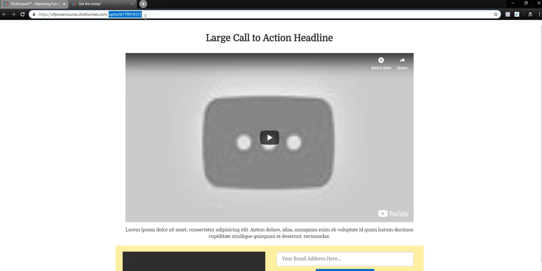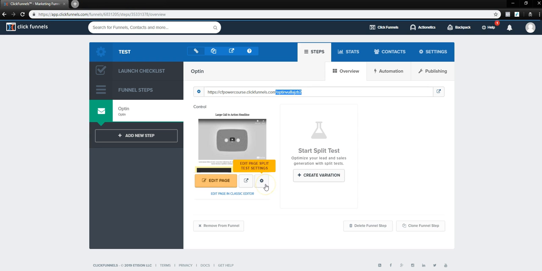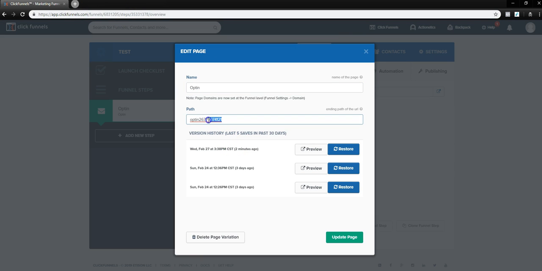You can see it's going to load and then it redirects to this. Obviously this doesn't look the best. We want it to look a little bit better, clean it up a bit, maybe just say opt-in or home or sales page or whatever you want. But you want to make it look a little bit nicer because people do look at the URL bar. So what we can do is go into the page split test settings and we can just say something like